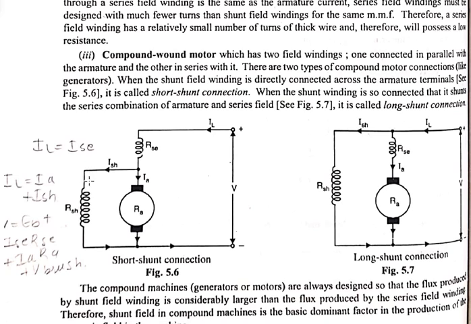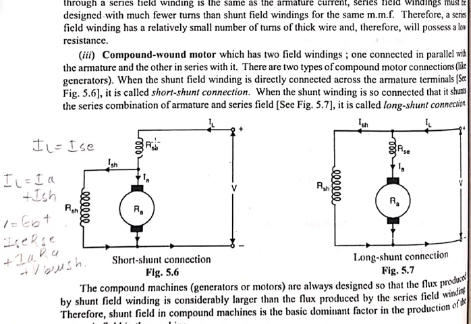ISH is the current that will flow in the field winding, and IA is the current that will flow in the armature winding. Now the voltage drop across these 2 points is ISH into RSH, and the same we can find in terms of V and the voltage drop in the